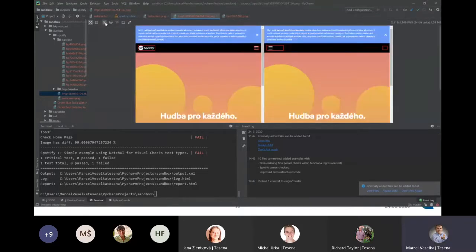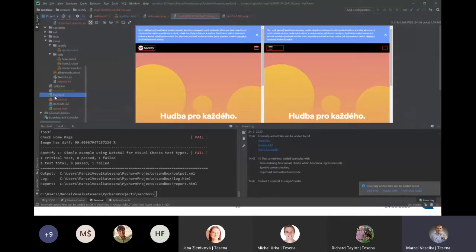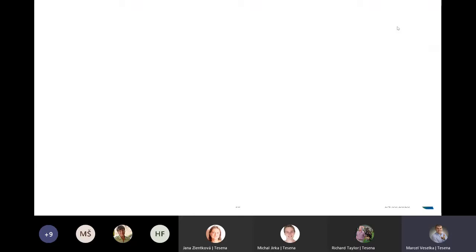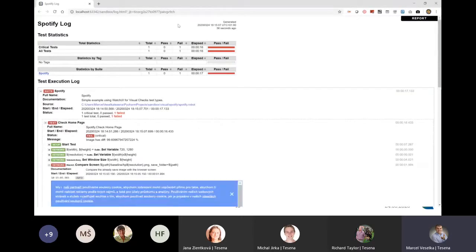So instead of running this manually, I let the Robot Framework do it for me, so I could easily do the regression test, visual regression testing, by comparing these two results. And of course it fails. And in case it fails, it generates, and the guys who know the Robot Framework might know that there is a nice report where you could go to the details and see what's going on there by basically